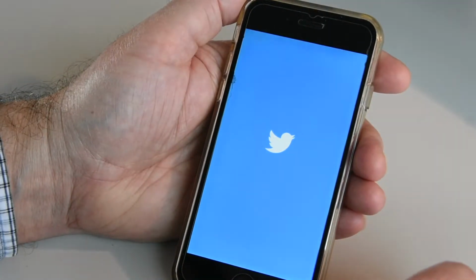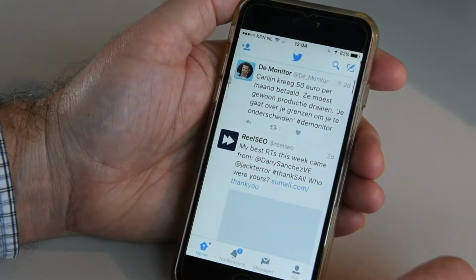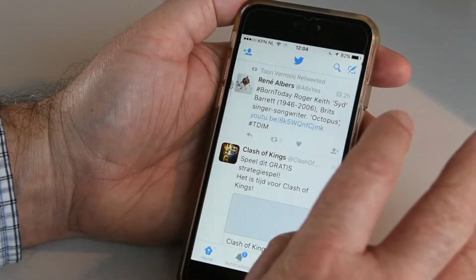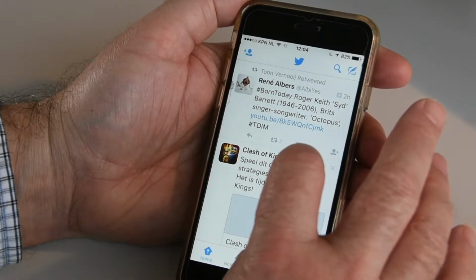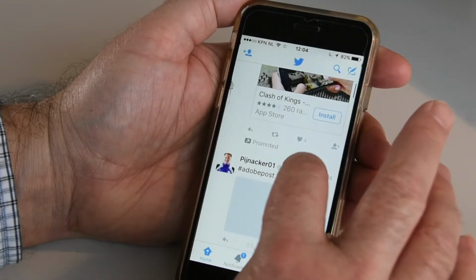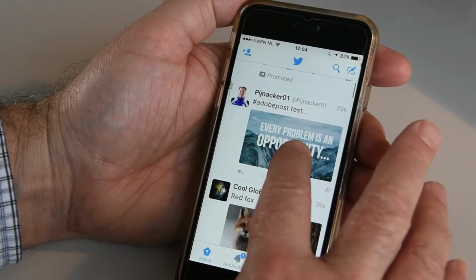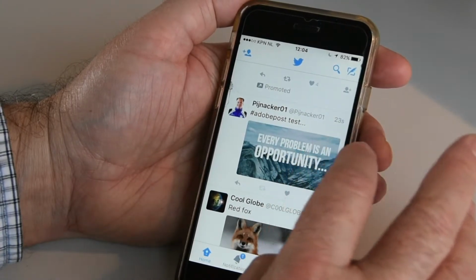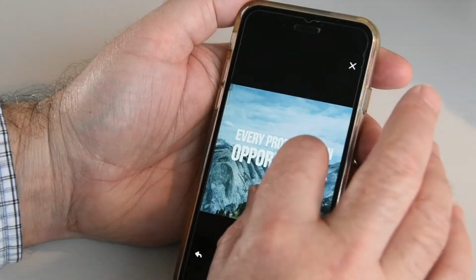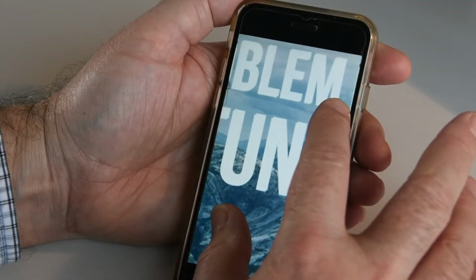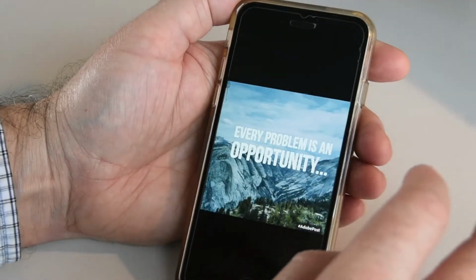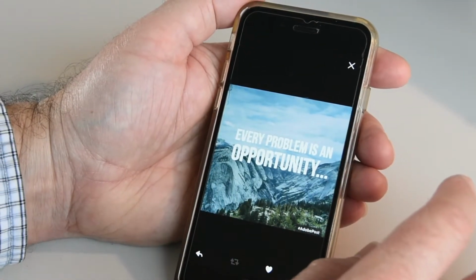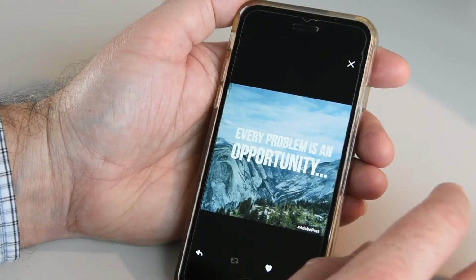Go into Twitter. And there it is. Every problem is an opportunity. So, a neat little way to, funky font.